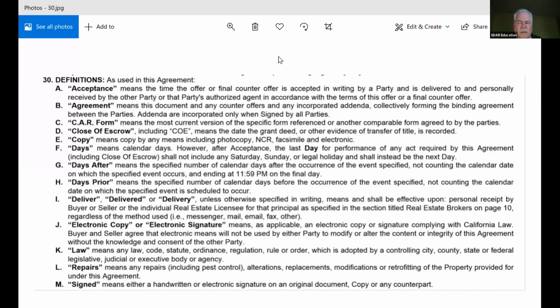Did I say something earlier that you're trying to expound on? Is it 5 p.m. on 7/24 or 7/25? So it'll be whatever the contract says. When the buyer writes their offer, they put in a time for acceptance. That'll be the date and the time, and that is specifically why we put that in the contract, because we want to know the date and the time that the seller has to respond, or depending if it's a counter offer, the buyer has to respond in order to create a contract between the parties.